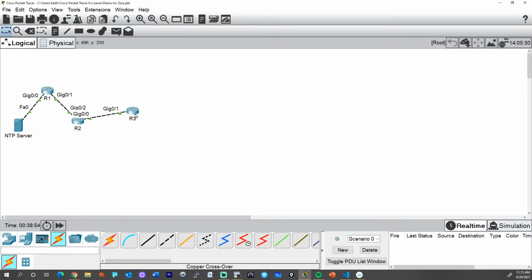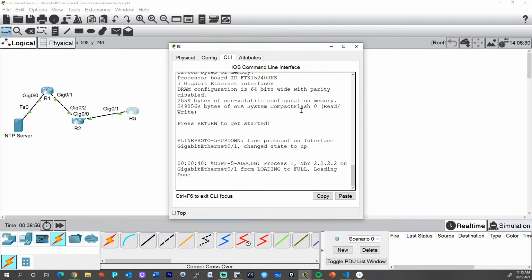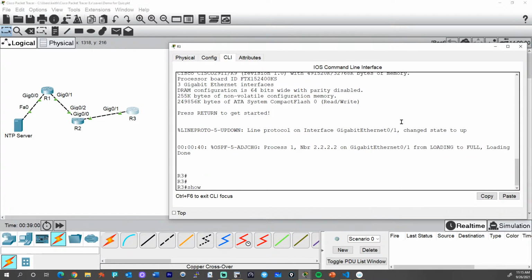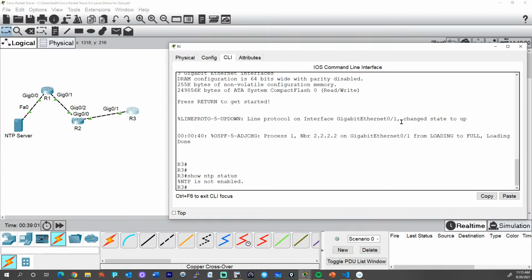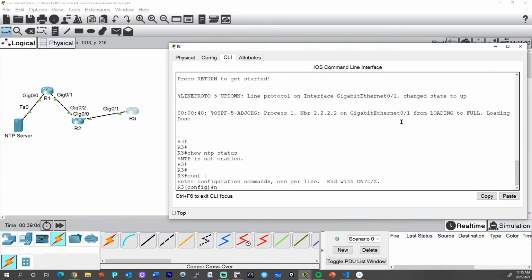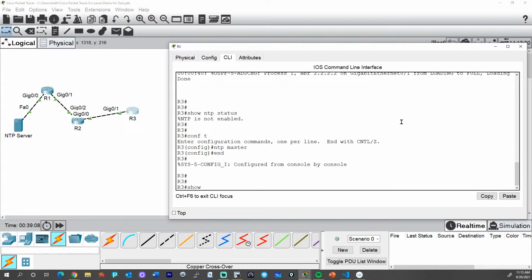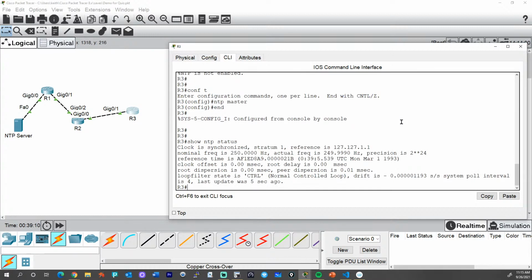Here it is. And let's pick on R3. So R3 at the moment, I don't know if it's configured for NTP. Let's check with the show NTP status. That says nope. So if we did NTP master and just like that, boom, and then did a show NTP status. Look at that, synchronized. Now that's wishful thinking. In production with live gear, that might take a long time. Even if you did an NTP master, it might take a long time for that to synchronize.